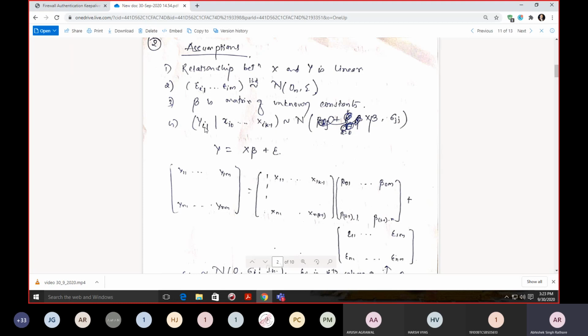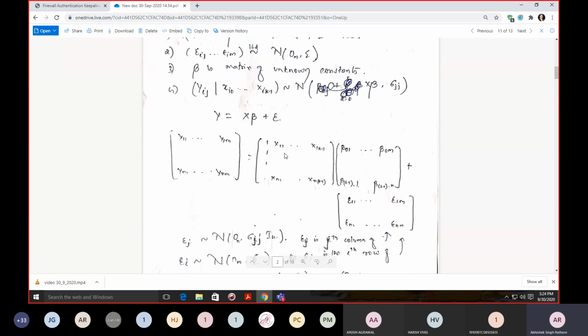So we have this particular row available. For this particular row and particular column, you can identify it, and it follows a normal distribution with mean x beta. So this is my x beta. We had considered that the expectation of y is just x beta, with, because this is ij, the particular item sigma jj over here. So again, we start with, let's say, y equals x beta plus epsilon.